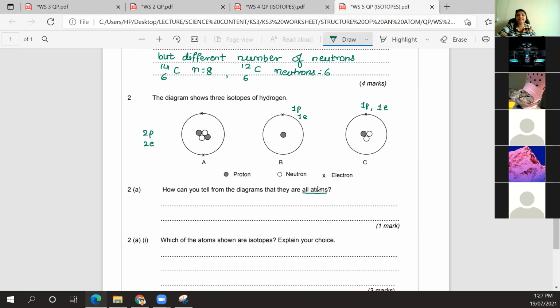So how can we say that all are atoms? Because each one has an equal number of protons and electrons. Okay, which of the atoms shown are isotopes? Explain your choice. Which one? B